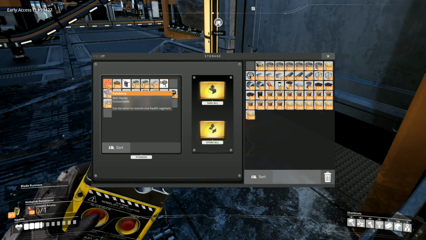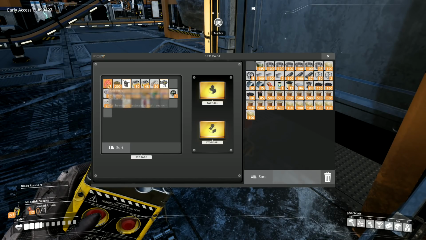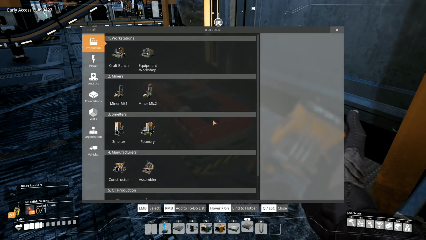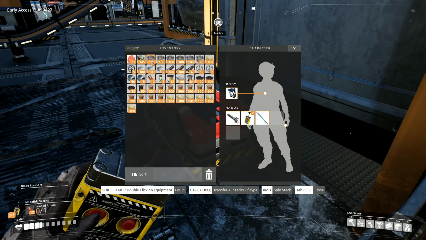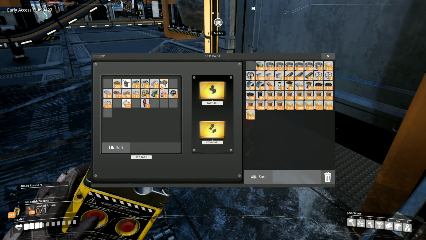I'll want the pale berries, probably. Yeah, I'll take the pale berries. I've got 27 of those. Those are going to be quite handy. So I'll drop those into a slot there. And finally, I'll take the...